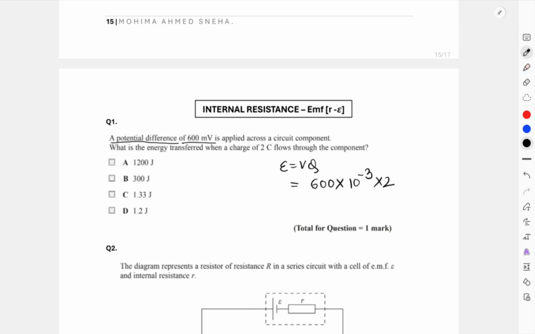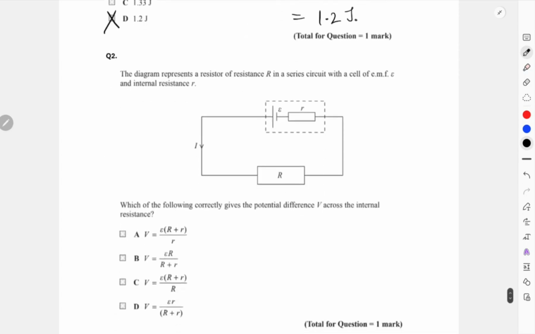Yeah, that's going to be 0.6. So 0.6 multiplied by 2 is 1.2. If you do the calculation, you're going to get 1.2 joules. So option D is the correct answer over here. Okay, and then again,